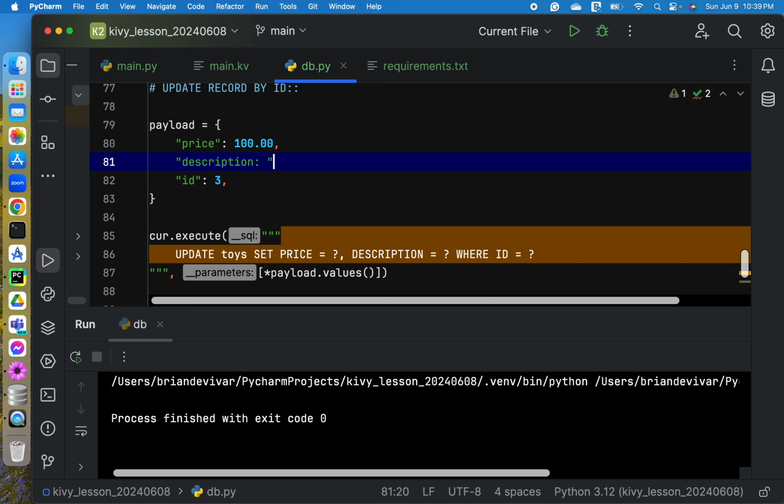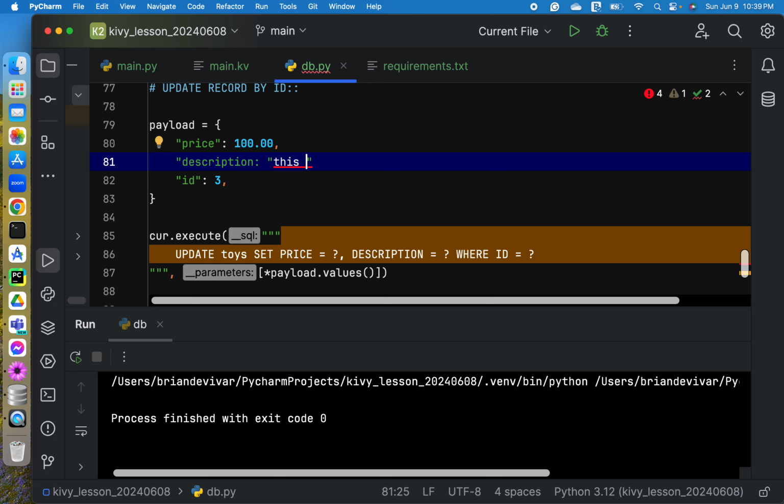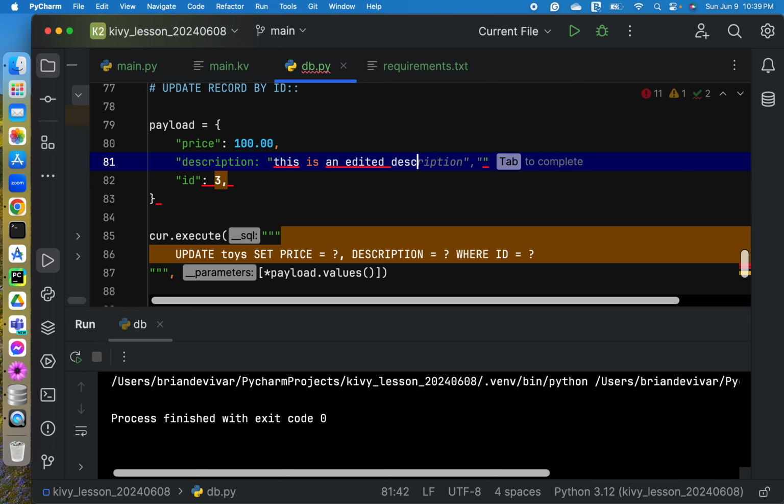Okay. Let's put in here, this is an edited description value. Okay, so take note of the double quotes.